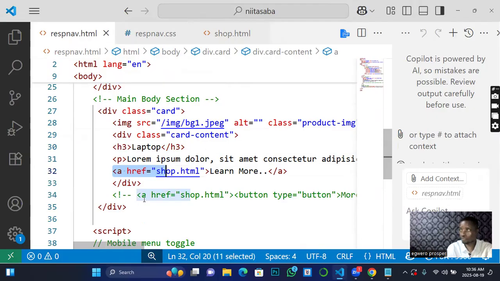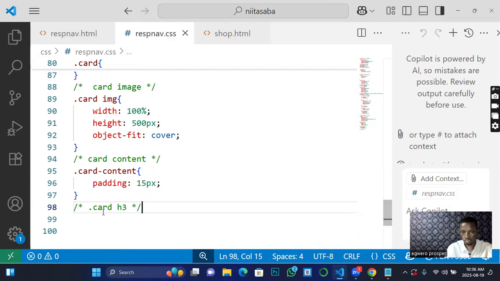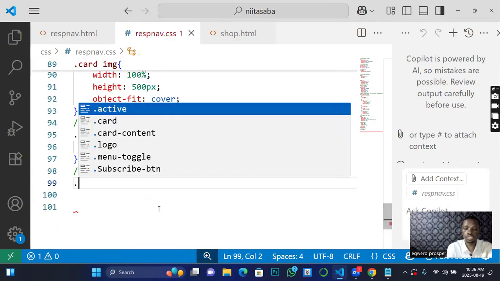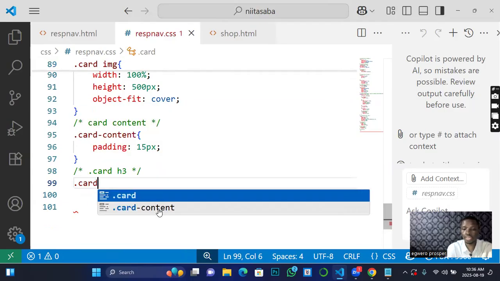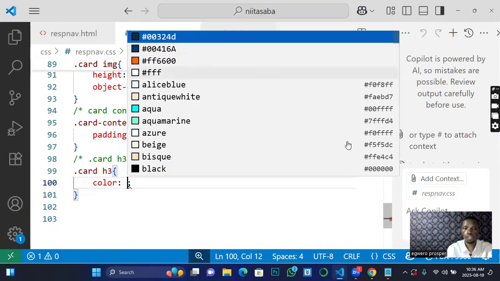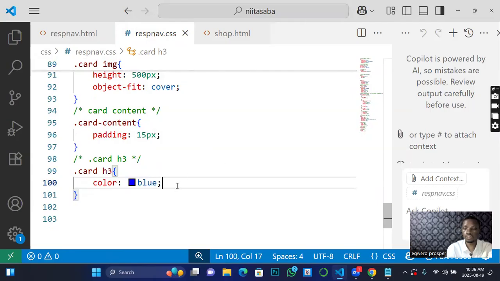So we want to talk to them one after the other. That is the meaning of card h3, which means that we are using the parent element, with a class name called card, to access the h3 inside it. So now I can say color, let's say blue. The font size,